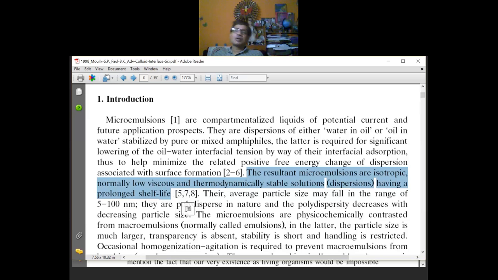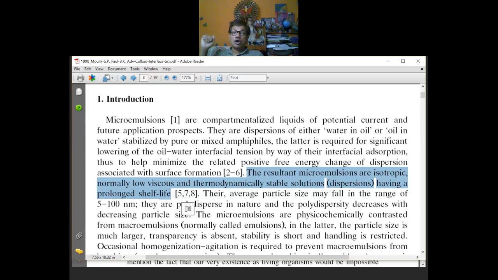Normally, oil and water do not mix with each other. But if you take some oil and create strong agitation, you can create smaller droplets and disperse them in water. However, if you keep them for a long time, what would happen? Eventually, on prolonged keeping, oil and water will separate. Two distinct layers will be formed. So you really cannot get a stable dispersion. But in the case of microemulsion, they are thermodynamically stable solutions or dispersions.